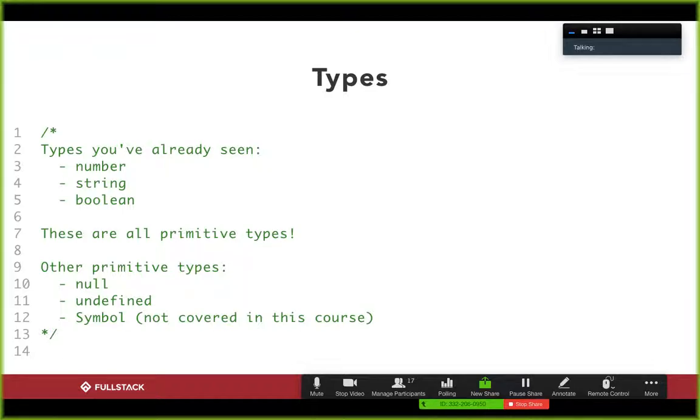Okay, so types. We've seen a lot of types already, and so far most of the types that we've seen have been primitives, right? So numbers, strings, and booleans. There are a few other primitive types as well, including nulls, undefineds, and symbols. We don't really talk about symbols in this course, but you will see nulls and undefineds, though primarily numbers,